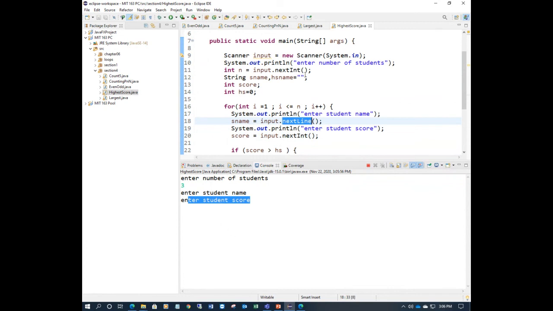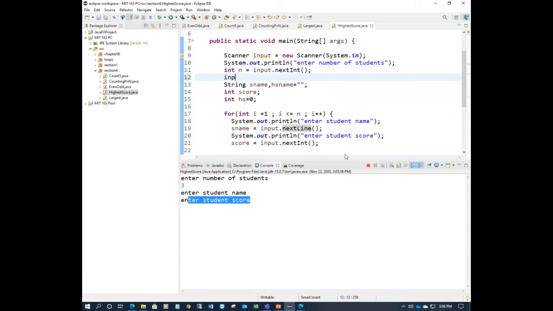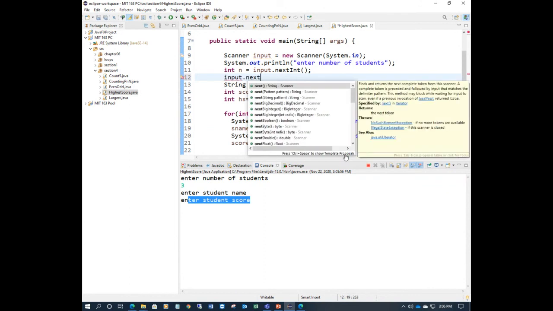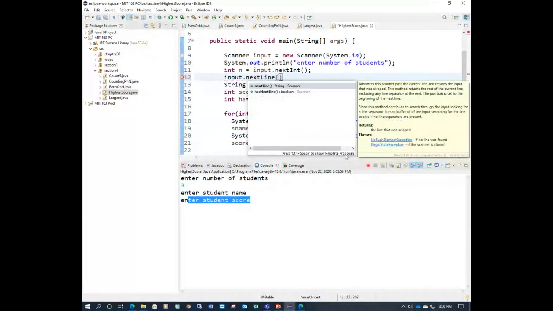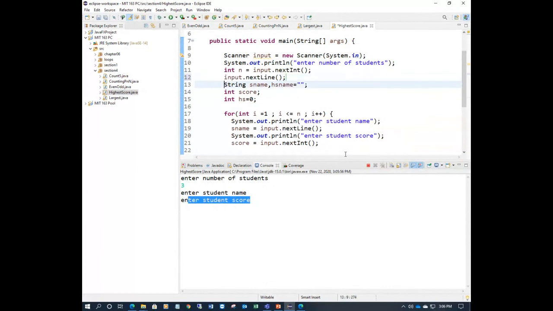So what we generally do for such problems is write a blank line here. You just write input.nextLine, consuming the new line. This line is very important. It is an empty next line.